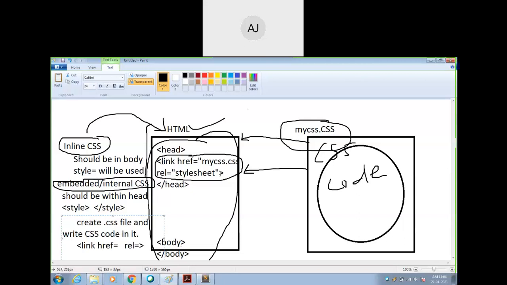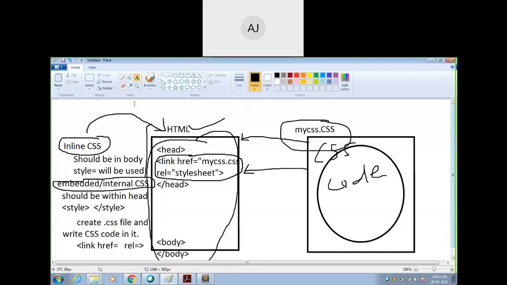It is a single line tag. So these are the two important points you need to remember. First, create a separate external style sheet, a CSS file, and write CSS code within that. Second, use the link tag along with href and rel properties.